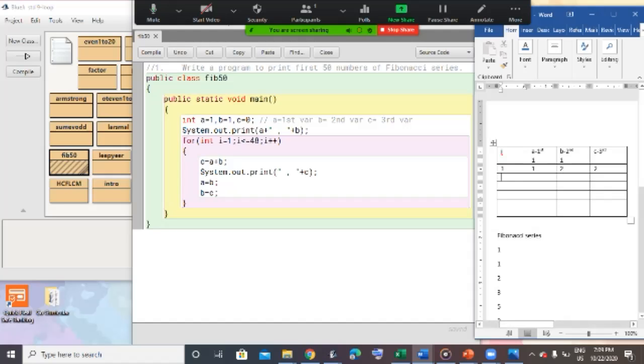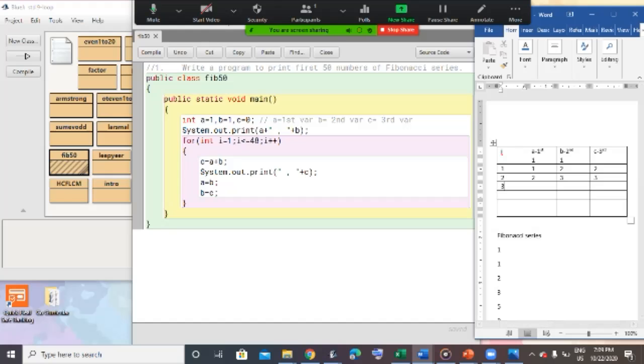Then when I increases to 2, C will become A plus B, generating 3. 3 will be printed. After that A will take the value 2, B will take the value 3. As we have discussed, the first variable takes the value of the second variable and the second takes the value of the third.